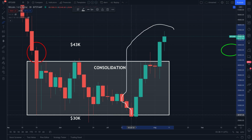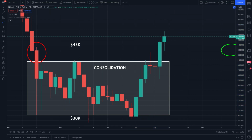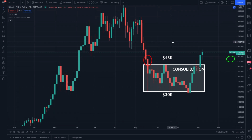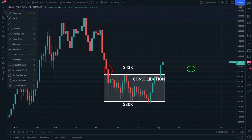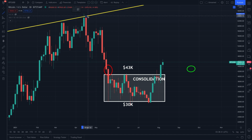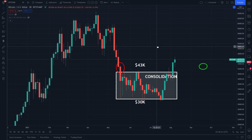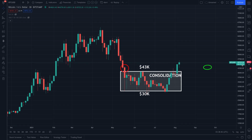I think there's a lot of momentum in this move here, but keep in mind, guys, although the market does look really good and it just broke out of this consolidation range, and believe it or not, it as of recently did break beyond a descending line of resistance. If I can find my extended line here, it did break beyond a descending line of resistance, so that's actually a really good sign of a breakout, and the market is mature and it wants to really thrust to the upside. But again, keep in mind, to ultimately make this work, the bulls, hopefully they have a plan, okay,